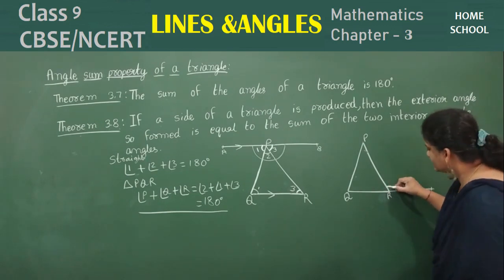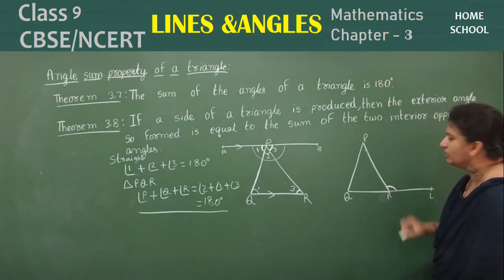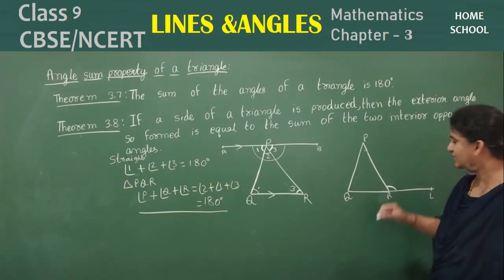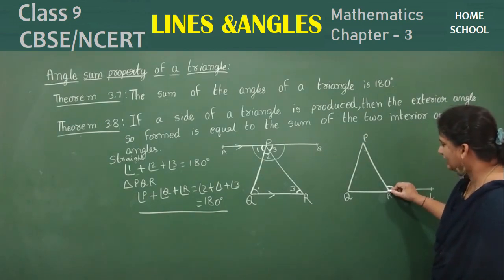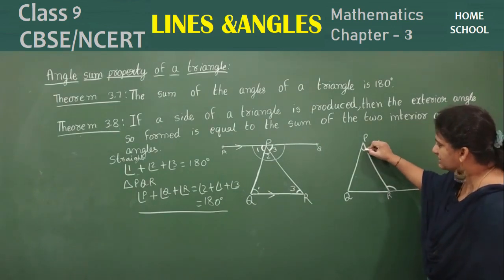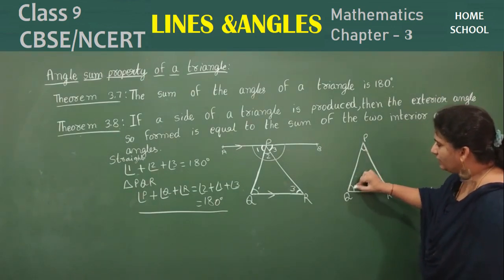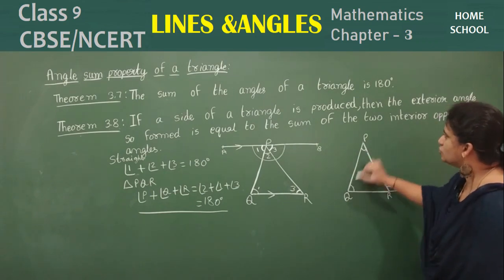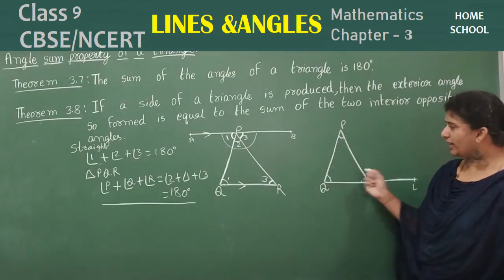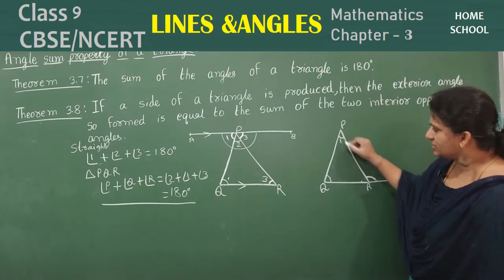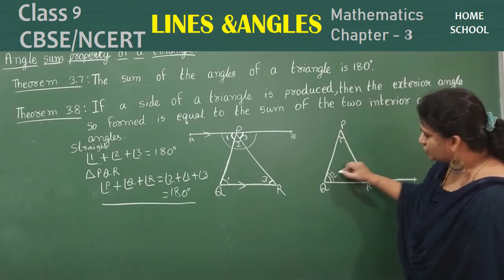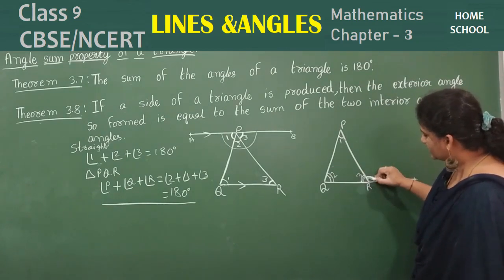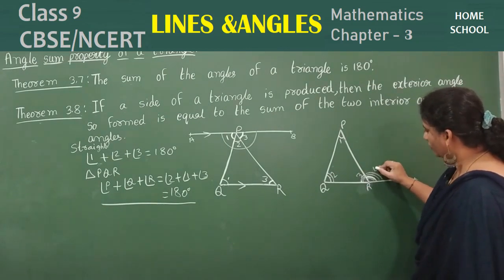So for this exterior angle, this point, where are the opposite two interior angles? For this angle, this point, the opposite angles are these two. Right? So this angle is equal to the sum of these two angles it seems. So how can we prove this children? Let me mark this 1 and this 2 and this 3 and let's mark this 4.